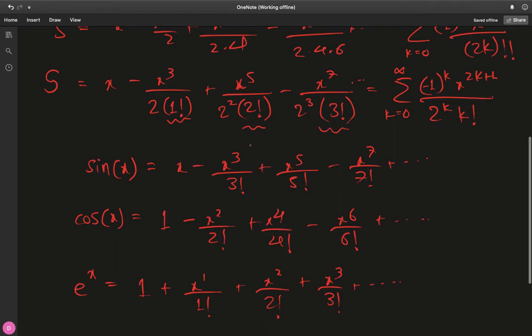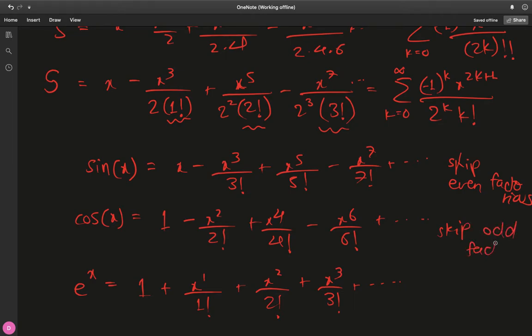But the thing is, notice the original expression. We weren't skipping any factorial terms. Like in the sine, we were skipping even factorials. So we are skipping 4 factorial, 6 factorial, 8 factorial, and so on. Even 2 factorial for that matter. And here for the cosine, we are skipping